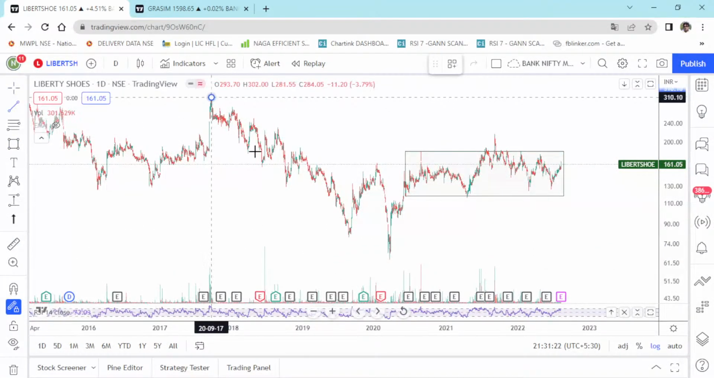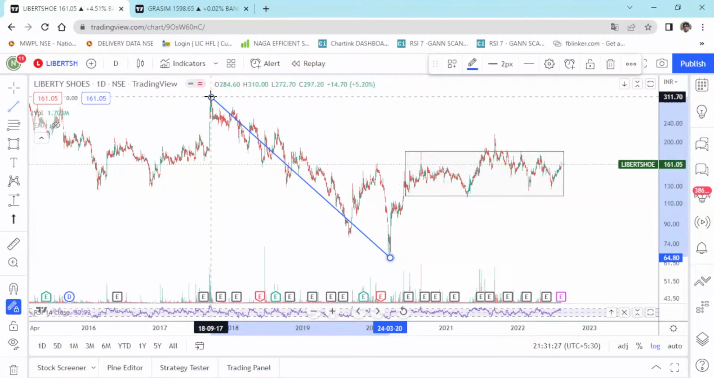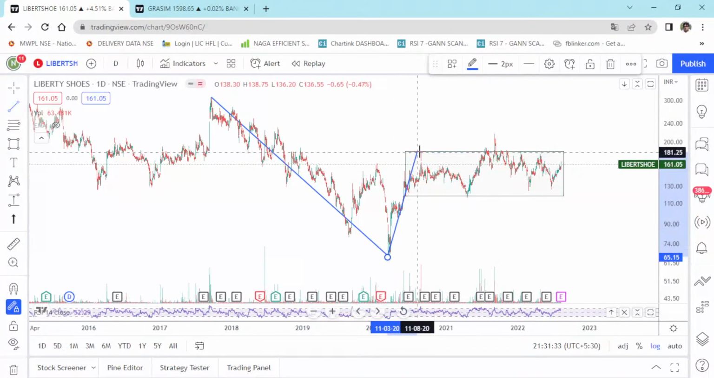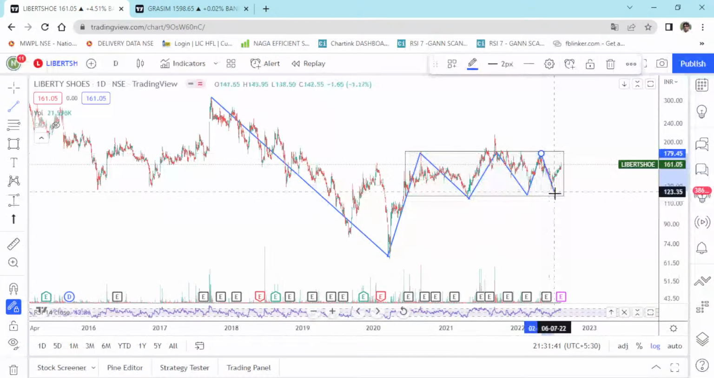The stock made a bottom from 300, 285 or 310. It made a bottom of 63, and the stock made a top like this, 200 plus, and the stock is moving within a range. So we never know when the pattern is going to break out on the upside and move up, but it is going to be a trend continuation